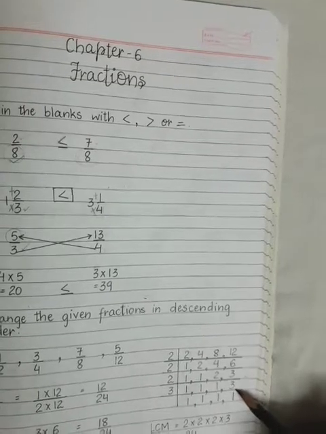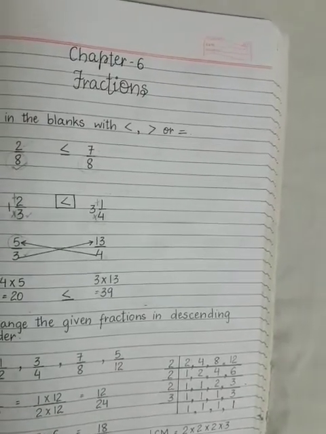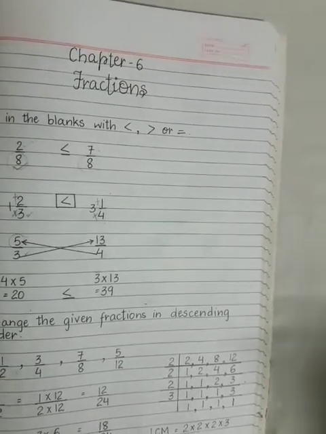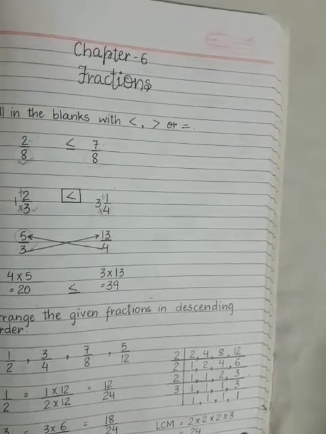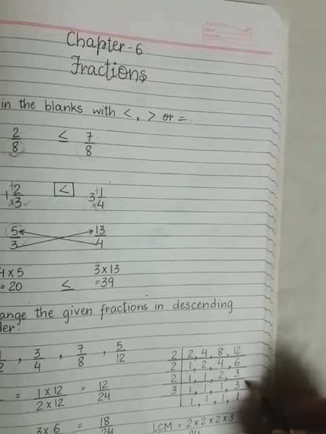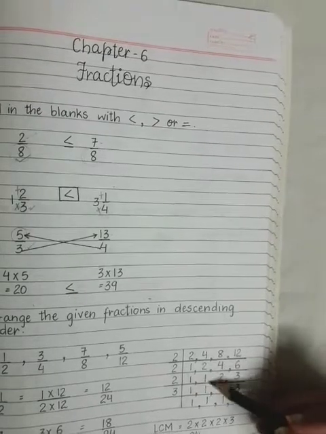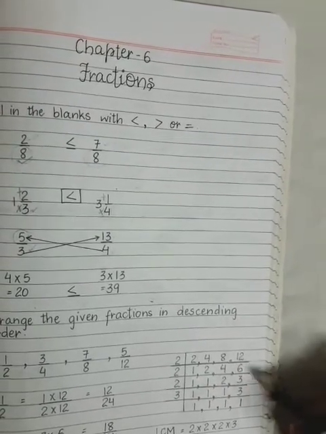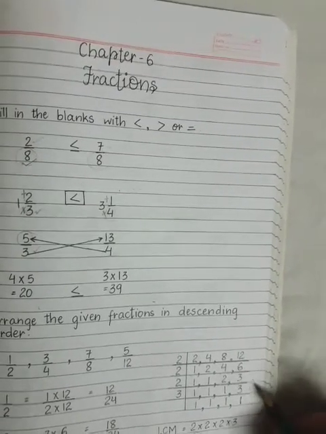And this 3 comes down as it is because any number which is not divisible by a prime number is brought down as it is. This is a rule, you have to take note of it, that any number that is not divisible, okay, will come down as it is. So, this has already become 1, this has become 1, this has already become 1 and this 3 since it was not getting divided by 2 has come down as it is in this step.